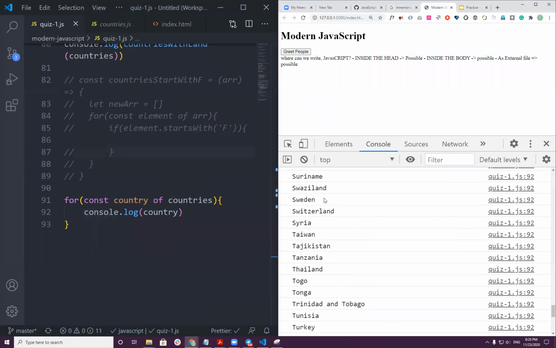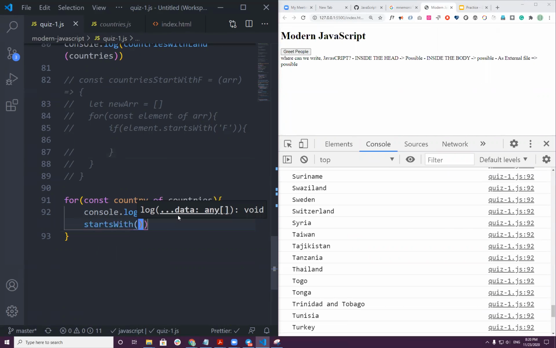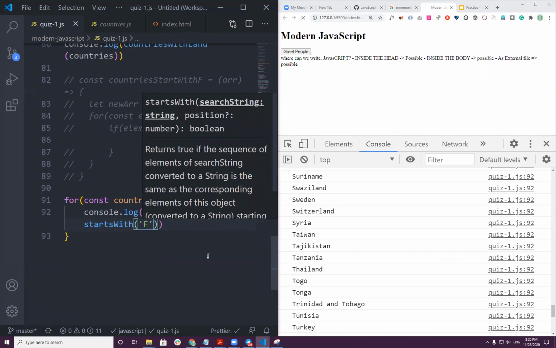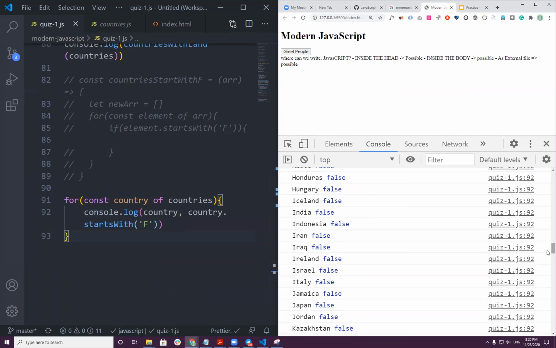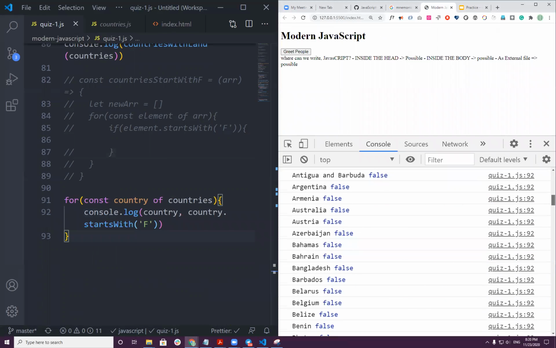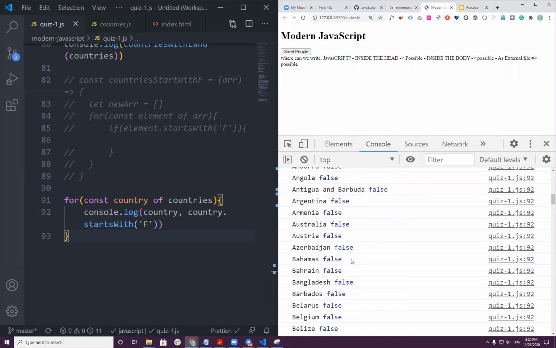Yeah, I printed out the same again, all over again. So let's see, country dot startsWith F. Okay, our reference is Finland. Finland is so beautiful, right? It has land, it starts with F. Nice. So let's move on to Finland.